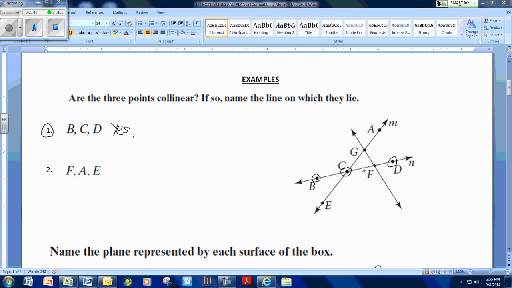And now we're going to name the line on which they lie. And there's a number of different possible answers. We can call it line BD, for instance. Or we can even use a lowercase letter over here, line N. Number 2,